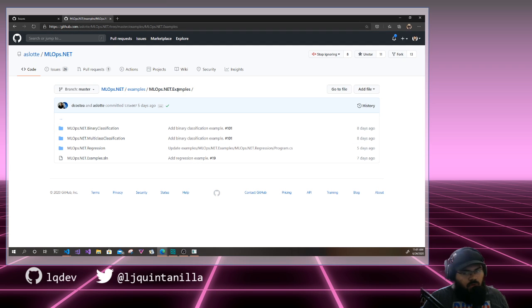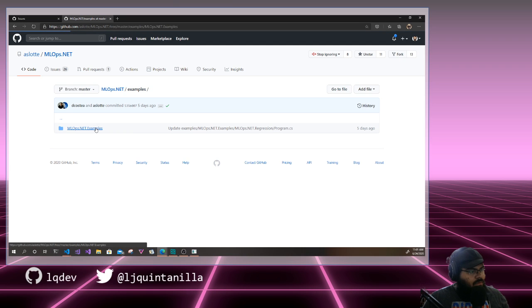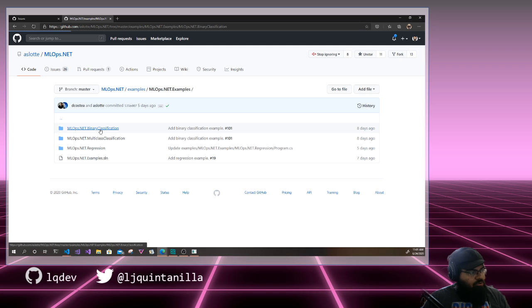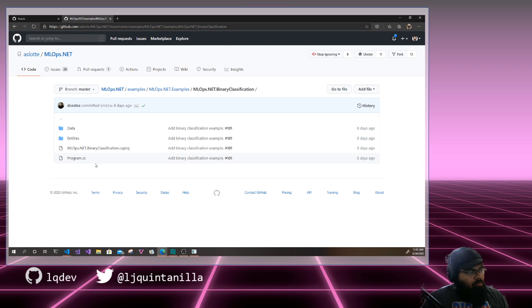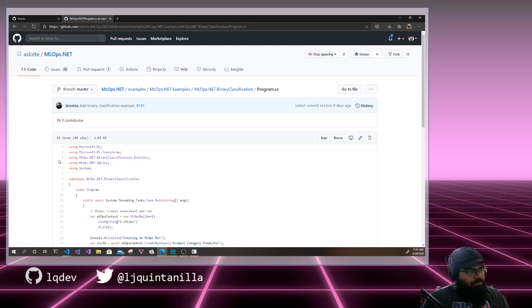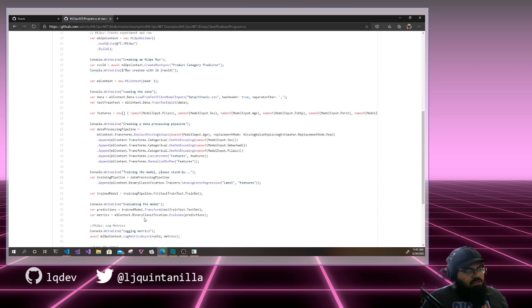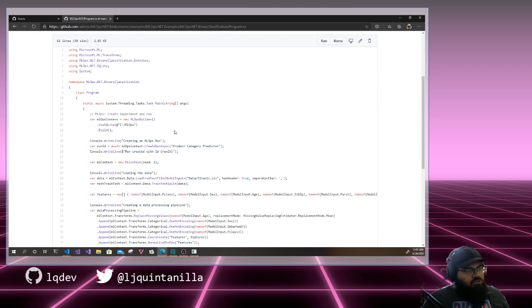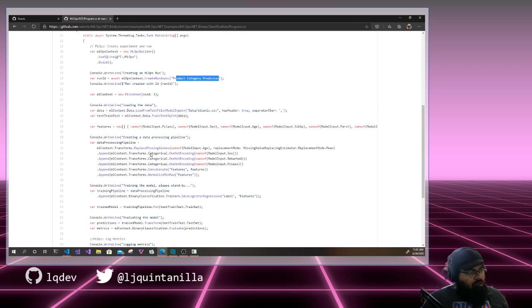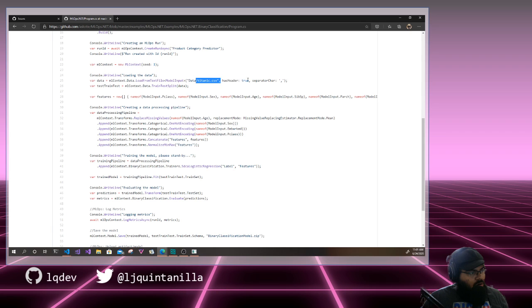So what we want to do here is add a little bit more data. If you go to MLN examples, you open up binary classification, there's nothing really telling you what this does or what it's good for, right? So we want to clean that up a bit, just so that whoever's coming here can get an understanding of what this is and what it's trying to do. So for example here, what is this? This binary classification, again, is using SQLite. We are using the Titanic data set,